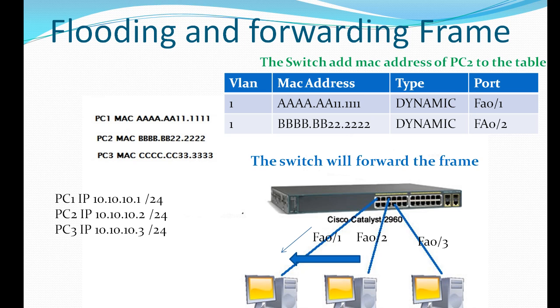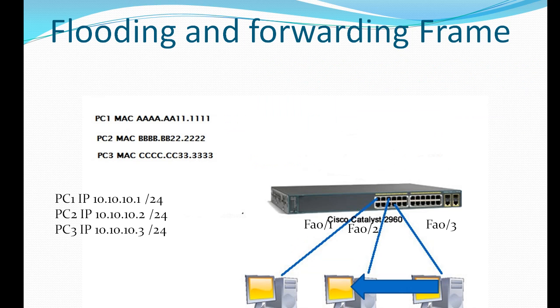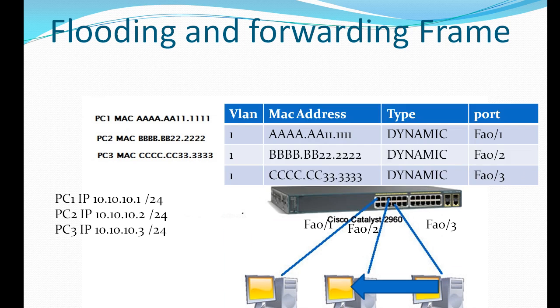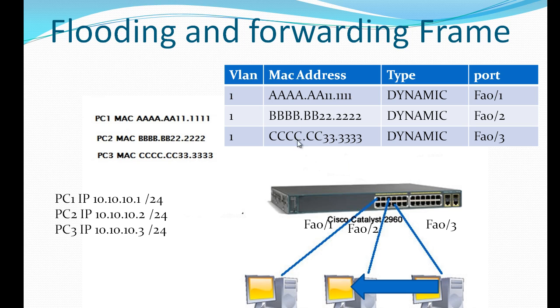And now let's say PC3 wants to communicate to PC2. I think you already know the answer based on what I already explained. So let's go and look at the MAC address table. You see the MAC address table up here. Since the switch already knows the MAC address for PC2, and let's assume now the switch doesn't have an entry for the PC3 MAC address, when PC3 sends this frame,